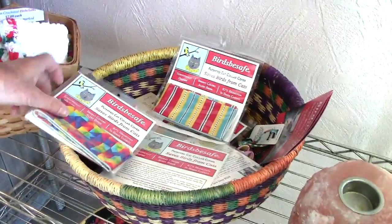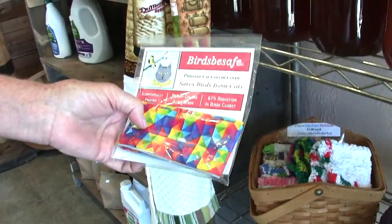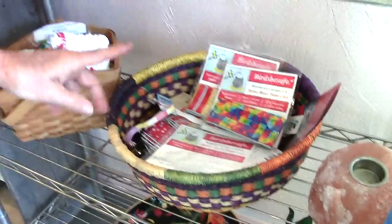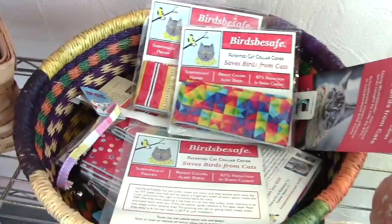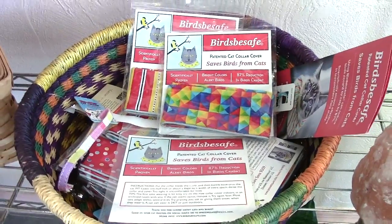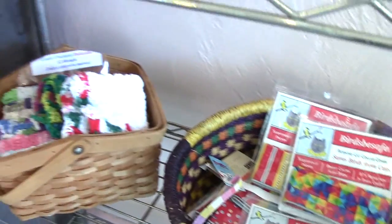keep birds safe. So if you put this on your kitty cat, it's a Breakaway Collar. This is just a cover for it. And what this company did was research and find out that there were colors and patterns that the birds would see. Not necessarily just hearing a bell, although you can have a belled collar too, but it reduced the amount of bird kills by cats significantly. So a pet peeve of mine, I have a cat that very recently gifted me with another bird that we had to take down to the rehab area, so not very happy about that,